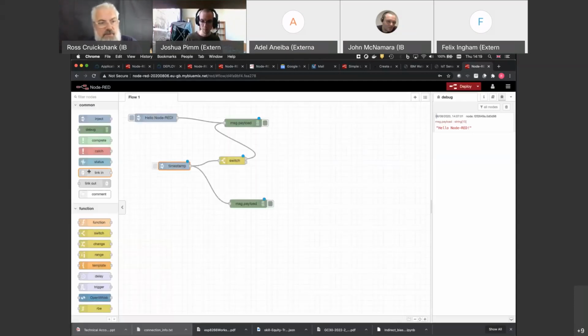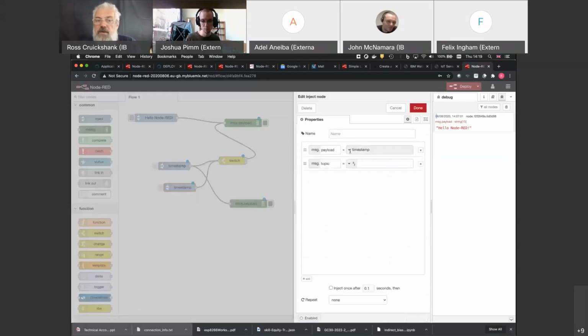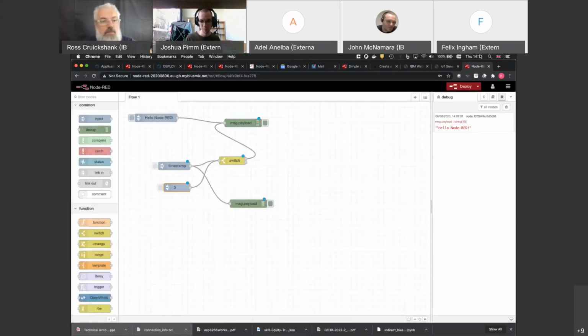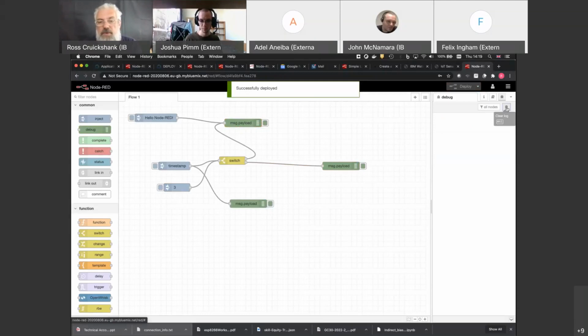But you can also feed in data from other nodes. And here we can have another one where we're just going to say it's a number. And just for completeness, we'll say it's 3. And then if I put a debug node over here and attach it and deploy that, I can show you a little thing about what the debug nodes look like. So when I hit this button,